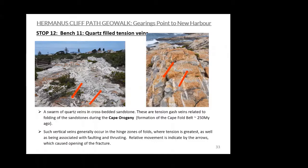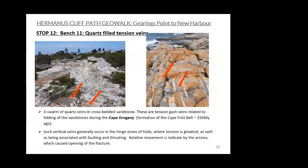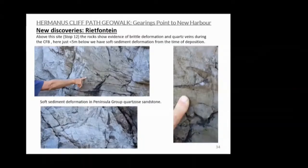Down below this site, there's the Rietfontein bench, at about 5 meters below this site here, where you have this evidence of deformation in brittle rocks, brittle deformation. Down below, this is another new discovery on this Rietfontein bench. You've got this extraordinary evidence of soft sediment deformation. So this is deformation that occurred before the rocks were consolidated, and probably as a result of something in the basin. Maybe there was an earthquake that set this waterlogged sediment moving, and it formed these irregular disharmonic folds in